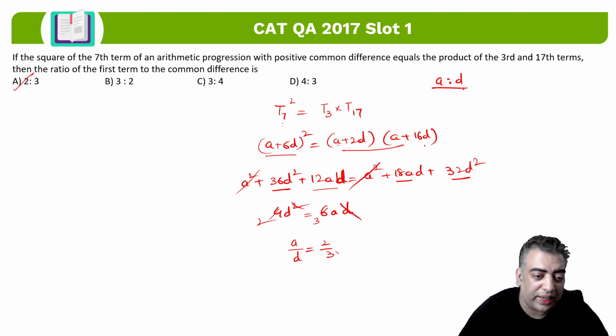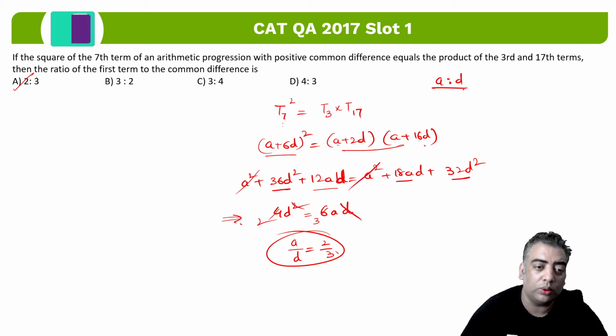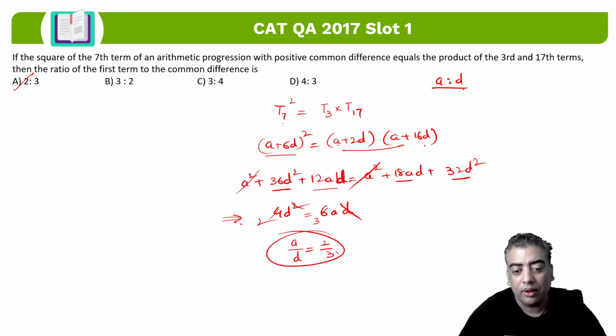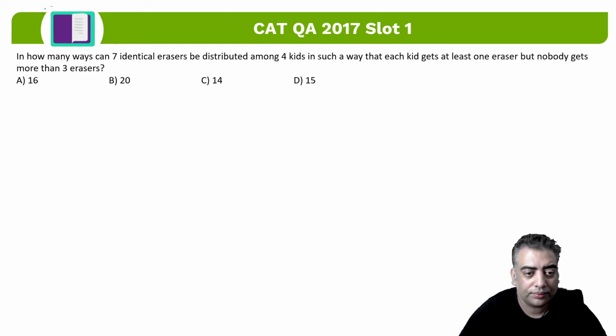This question was very critical because 2 is to 3 and 3 is to 2 both are given to you in the answer options. So as I always suggest, never make a mistake in writing the final value once you are done with the calculation up to this step. Many students make a mistake in the last step only, when they take a is to d as 3 is to 2, and then their answer goes wrong, right?